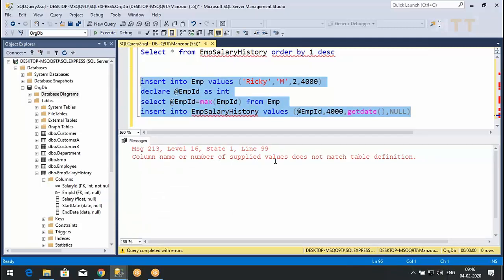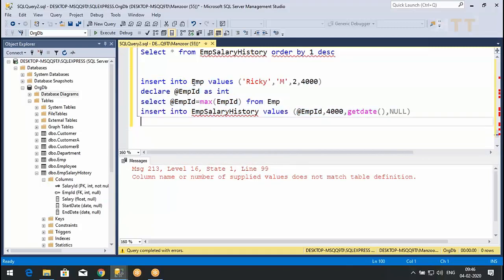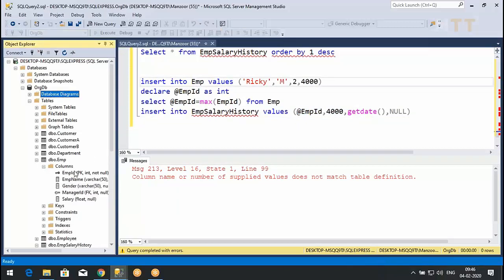Column name or number of supplied value do not match with the table definition. Are we missing something? EMP columns: employee ID, employee name, gender, manager ID, salary. Let us see the design.